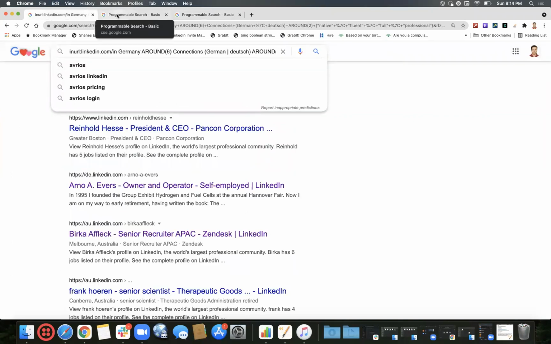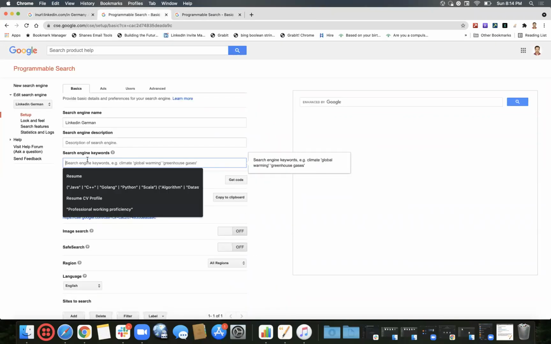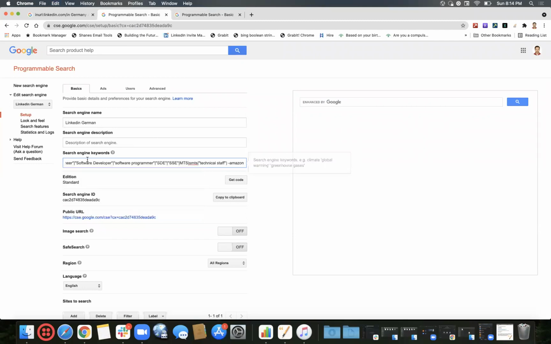I'll just come back to this example. Now let's say technical staff. If I remove that staff, it's not counting a particular number of terms, it's taking that particular space, how much space we have, MTS or technical staff, or let's say member of.